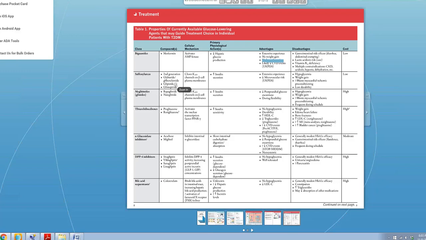I don't like to use them that much because what they do is they just kind of keep stimulating the pancreas to shoot out insulin regardless of what you eat. So, if you have somebody that doesn't eat, they're at risk for hypoglycemia. And the Beers list for old people, the drugs that are not very safe for old people, glipizides are on there because of that reason, because they don't always eat consistently.